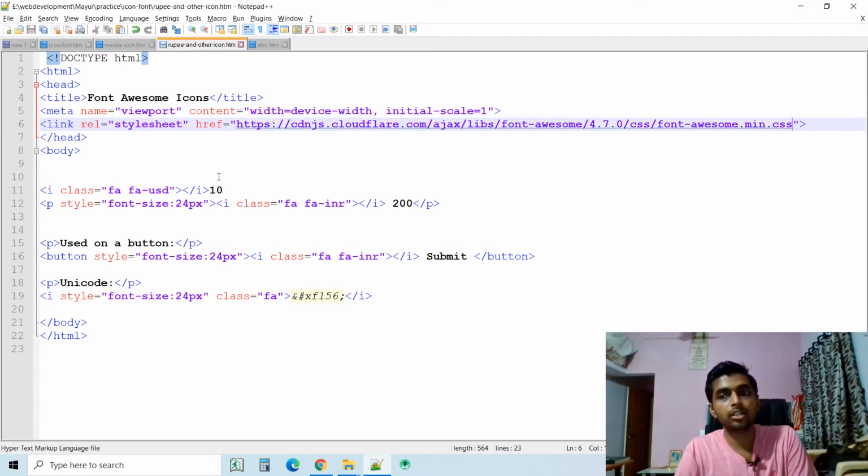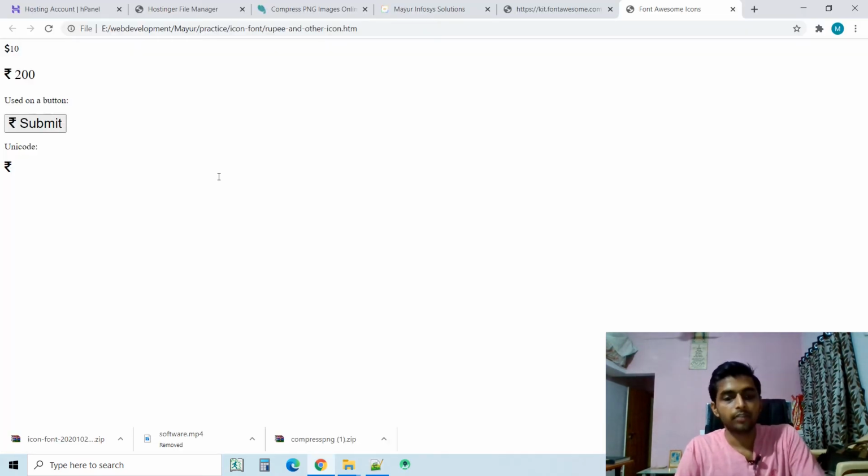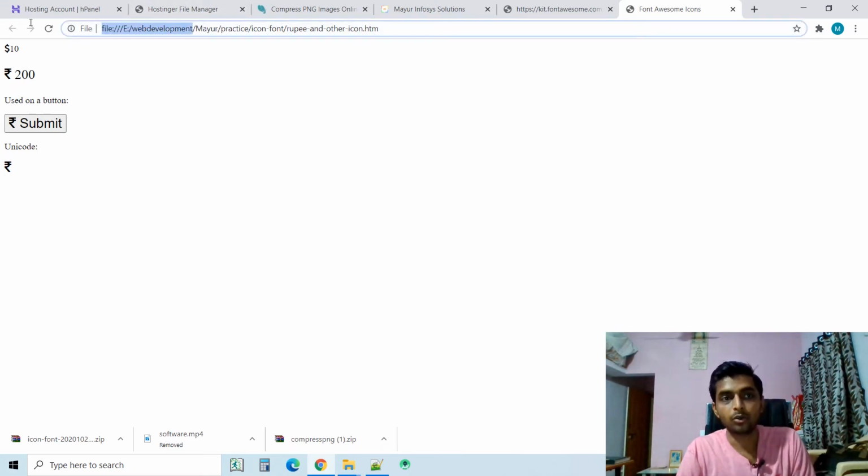You can go through the link and download this CSS. This CSS is good for you: simple, lightweight, and it doesn't affect loading, even if I click, it loads within seconds. You can see it works on localhost, hosting servers, everywhere.